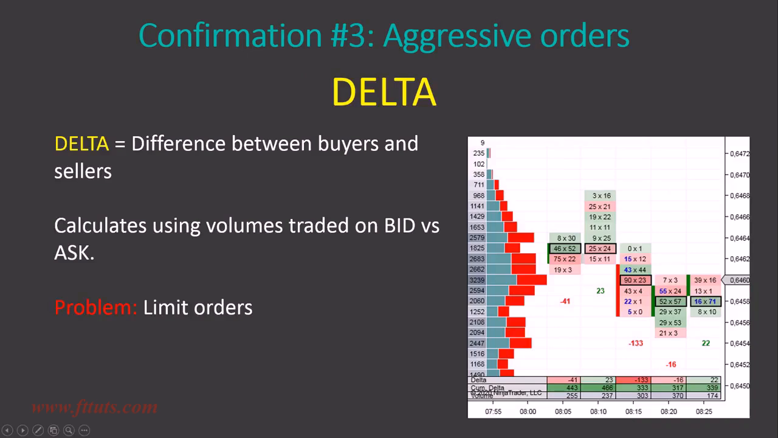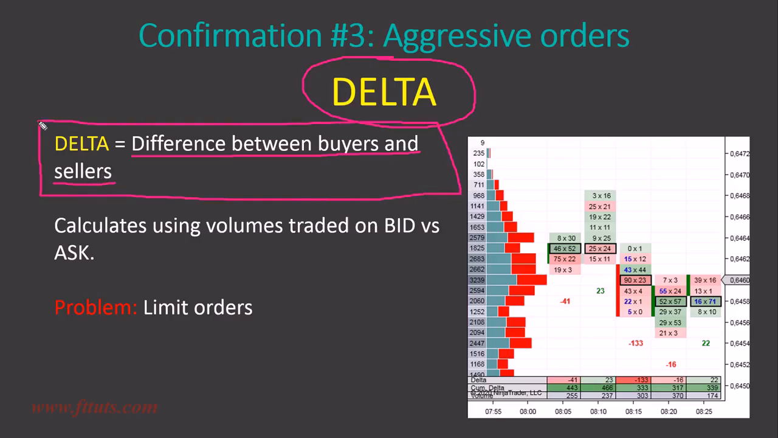Now, let's talk a bit about delta. If I had to put it very simply in just one sentence, then delta is the difference between buyers and sellers. Now, this is not entirely true, but if you remember this definition, you should be fine. And the delta is calculated using volumes traded on bid versus volumes traded on ask. So if you look, for example, at this footprint,